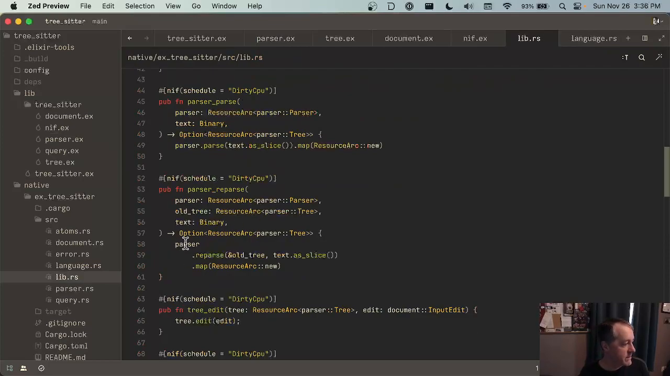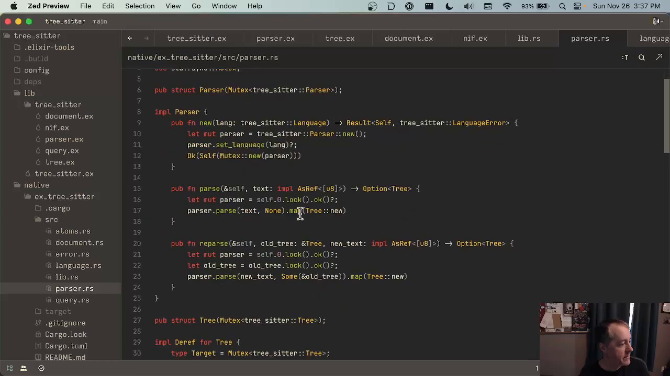Okay, so we need to actually go down even farther and change. So let's start by changing parse here, right? Okay, so this should take